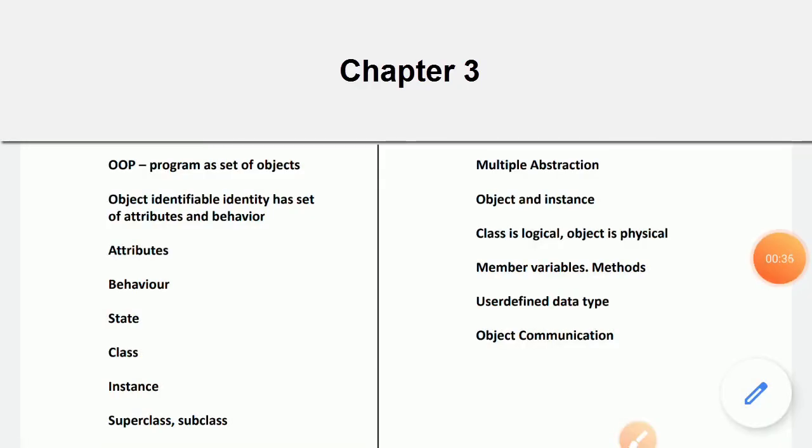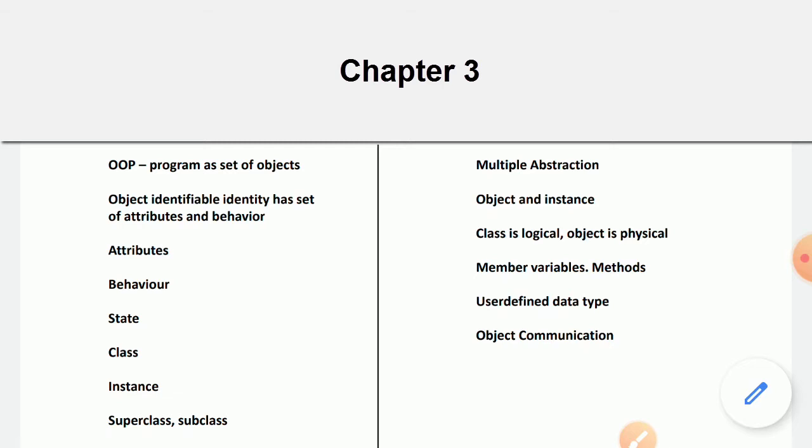So you know that there are two ways of writing programs. One is the procedure oriented way, and the second one is the object oriented way. So in object oriented programming, it consists of a set of objects, right? And those objects communicate with one another if there is a necessity, and this is how object oriented programming works.